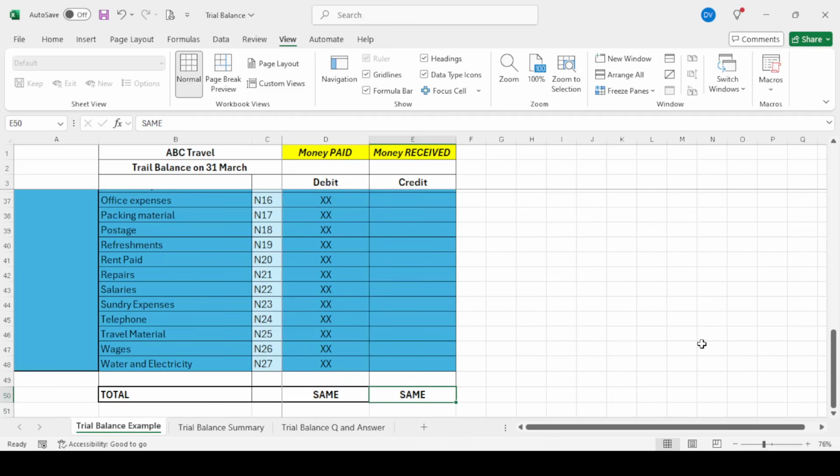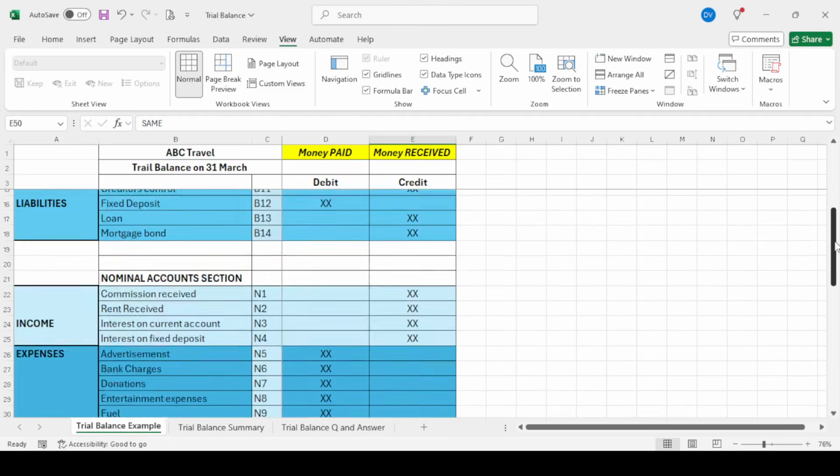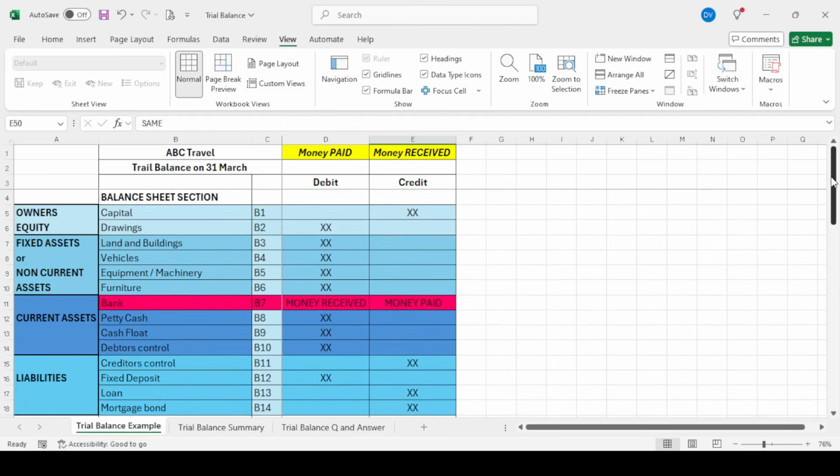The other place where you should also look for your mistake first is with the bank. We find that if the trial balance doesn't balance, most of the time the students put the bank on the wrong side. So you just move the bank, add everything up again, see if it balances, and then maybe you've fixed your mistake. But it's great because you can check and you will probably be able to see exactly where you went wrong. So that's great.